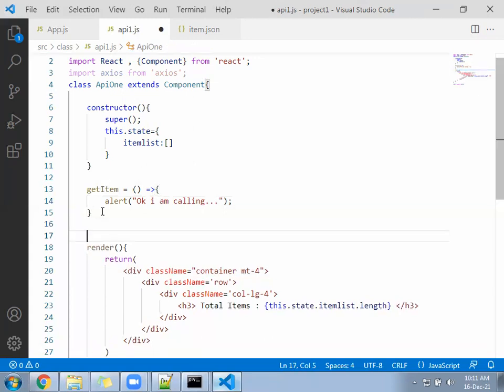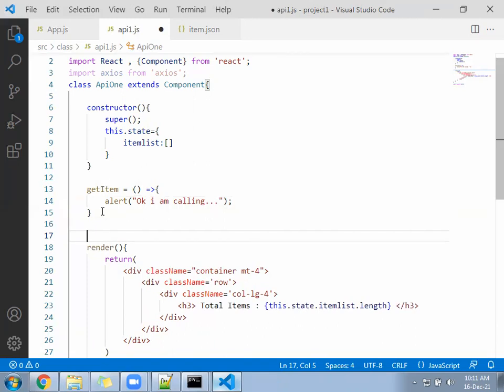So how have you written the render function? We are using the render function. We have used the super function. We have used the render function. Similarly, we have one more function. The constructor you have not called anywhere. Render also you are not calling. You just wrote it. It's calling automatically.